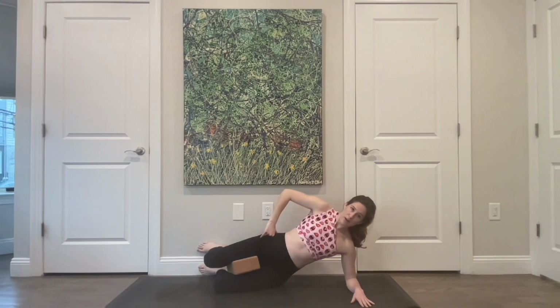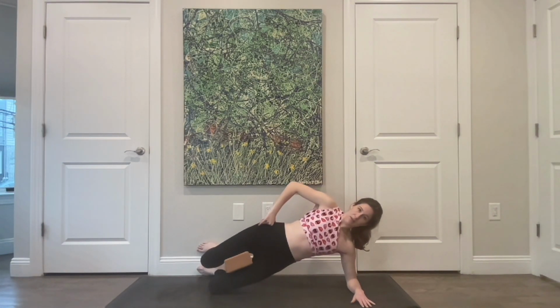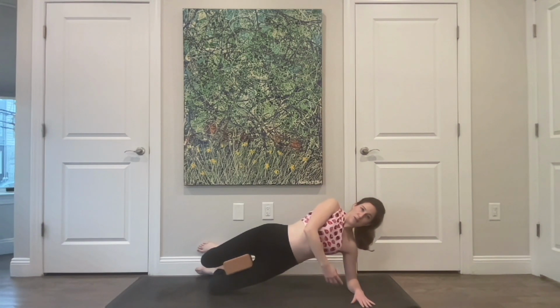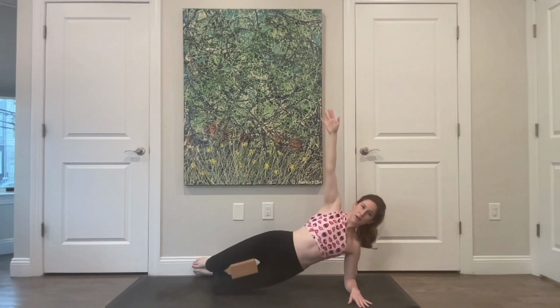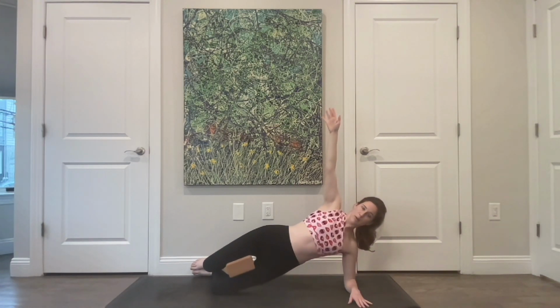Hips are nice and square, and then on your inhale, you're going to lift the hips up. If your feet are on the wall, pressing back into the wall with that top foot. Hold here. My elbow has sort of slid out from under me, so I'm going to pull it back under. Reach the top arm long. From here, you're going to lower your hips an inch or two, and then pull them back up, squeezing that block